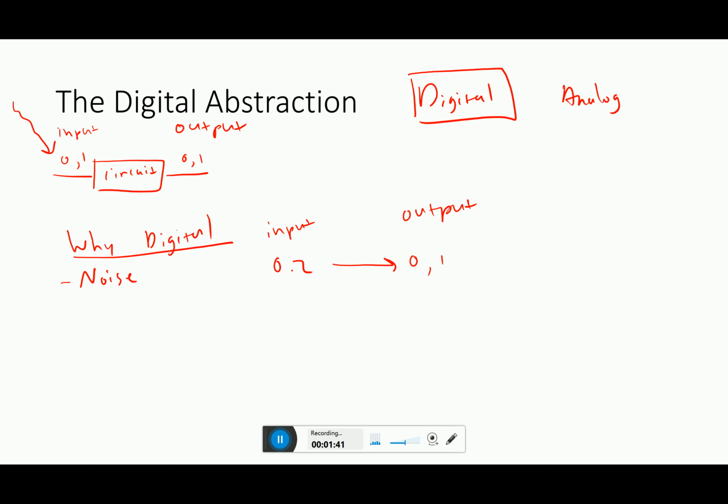We have what we call a noise margin. Our input can vary depending on the type of circuit we're using, from say 0.0 to 0.2 or 0.8 to 1 for the one side, and we still get as our output clean zeros and ones. So immunity to noise